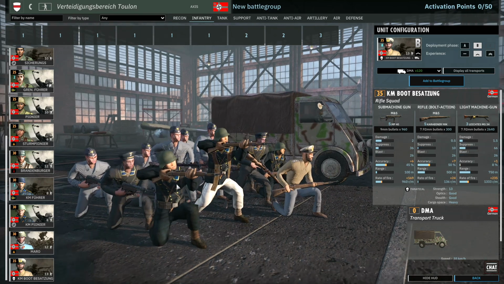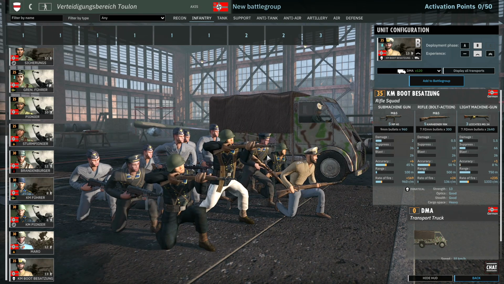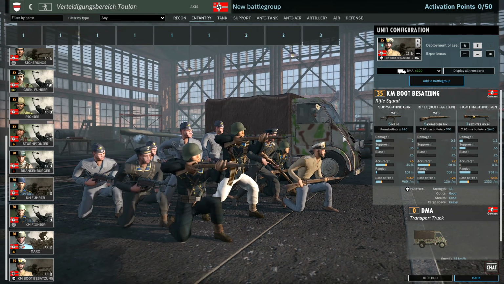Then we have the Triggs Millennium Besatzung. These guys are a 13-man fanatical squad with 5 MP40s, 5 Kar98s, and 3 MG34s. Now this division, its infantry, are really full of these machine guns. They really, really are. But this squad is insane. It has such good output at range with the triple MG34. It's like a Hasegawa Soroshuk, and what makes them so good is they have the 3 machine guns at range,